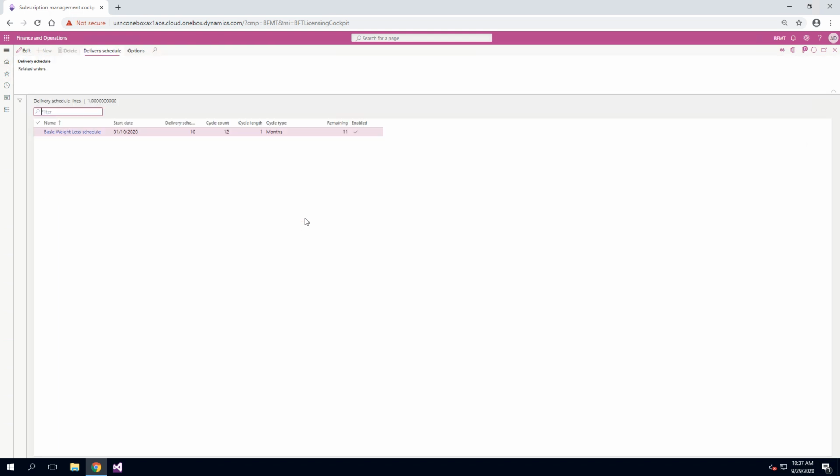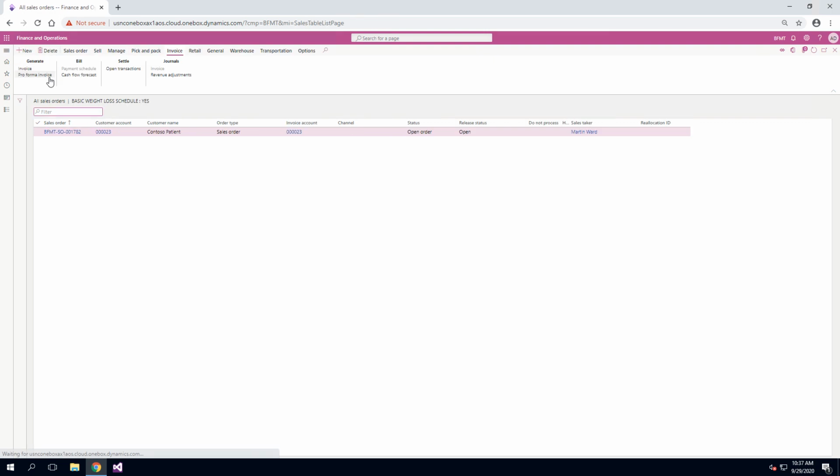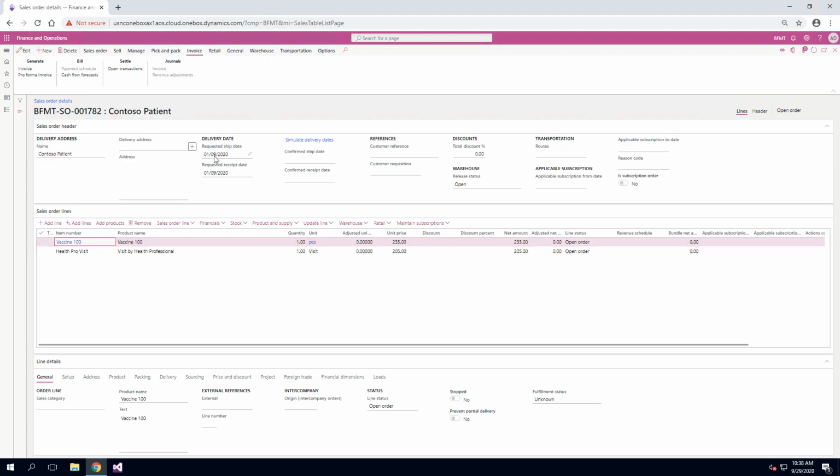And now if we move over to our delivery schedules and I click on related orders, we can see that the master process, besides generating the billing action, which it always does in any case, also generated a sales order to our Contoso patient with the correct requested shipped and received dates, and it also created the lines with the correct items to be shipped to the customer. So with this type of vaccine 100 we will ship quantity 1 piece, and we also scheduled a visit by a health professional,